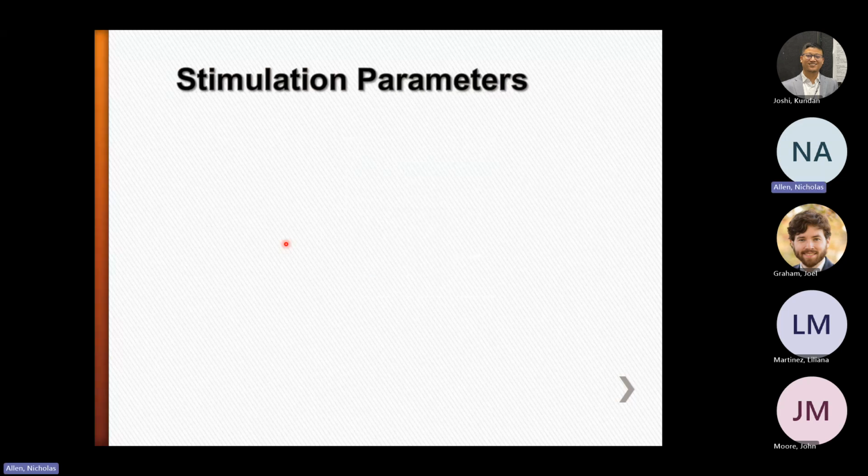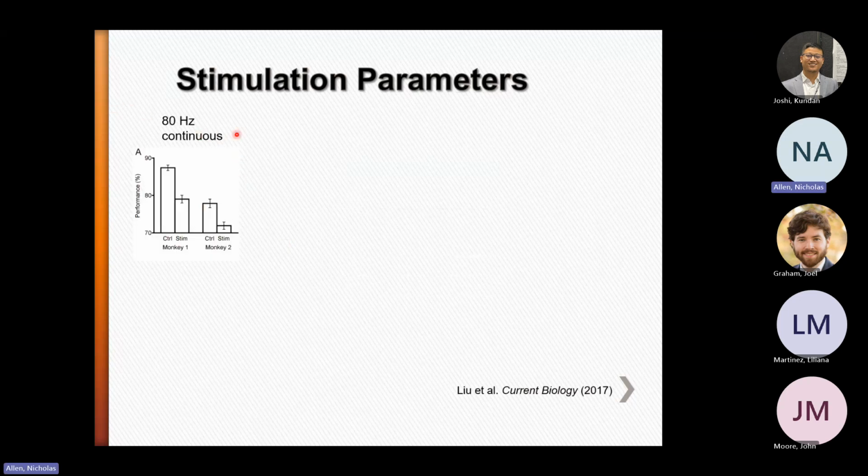So now, for how long do we apply this stimulation? That was the other critical factor that we found here. Our first experiments just turned on this 80 hertz stimulation in a continuous fashion, stimulation for several hours on, and had animals do these tasks. Not only was that not effective, but in fact, this actually inhibited some tasks. This is all shown here. And so our first result was a resounding failure. We found a stimulation protocol that impairs working memory performance, and we can make these monkeys worse, basically.